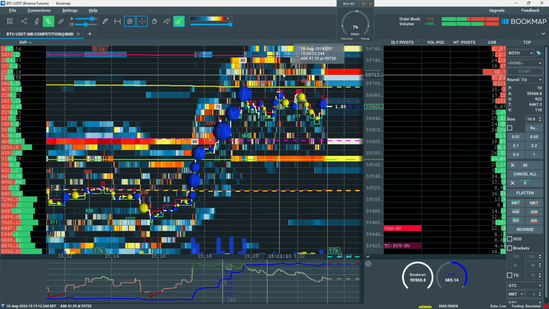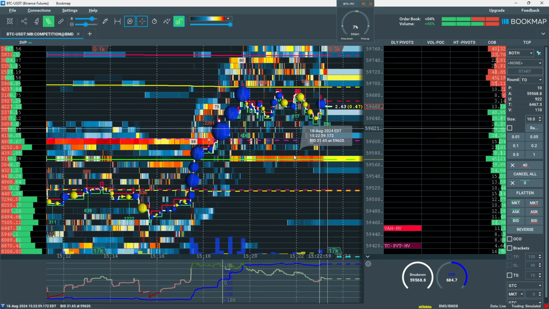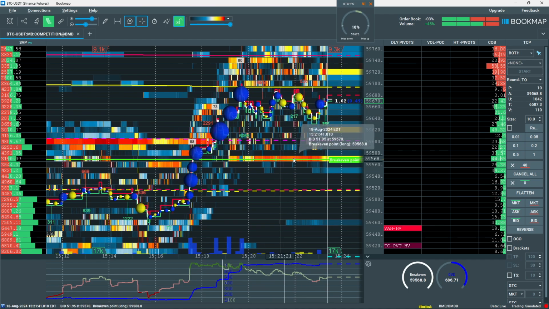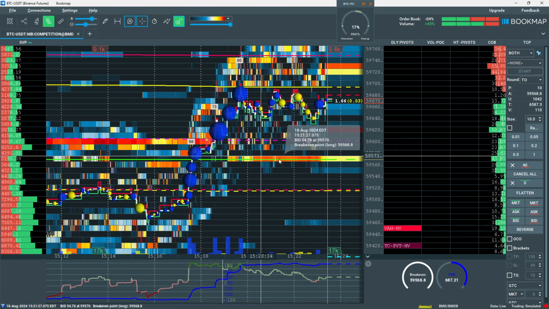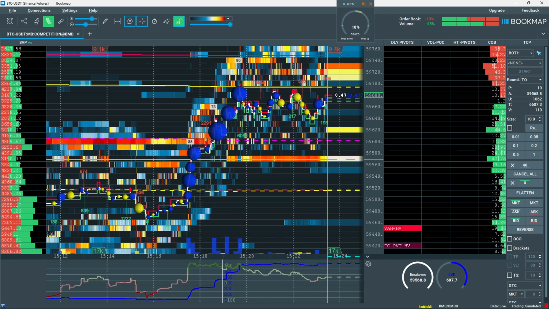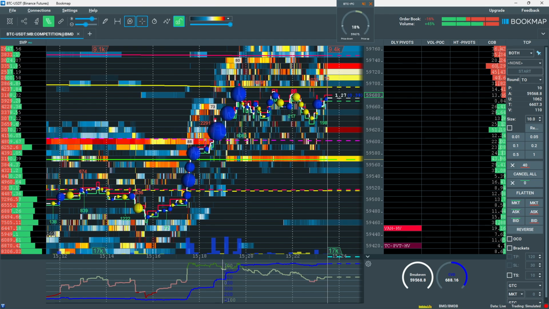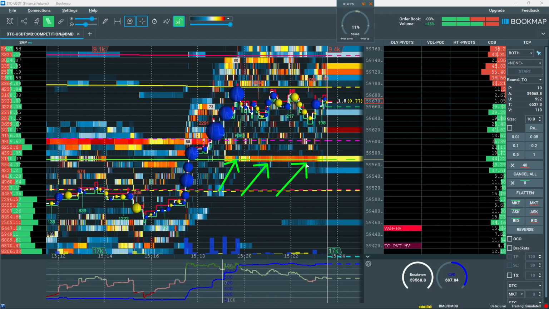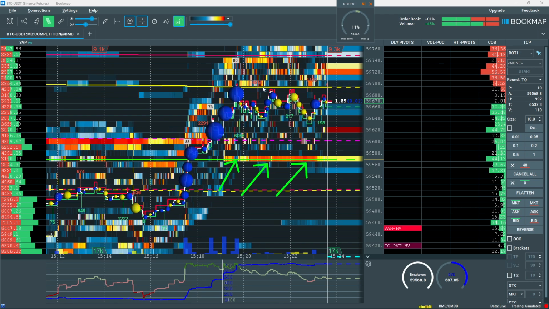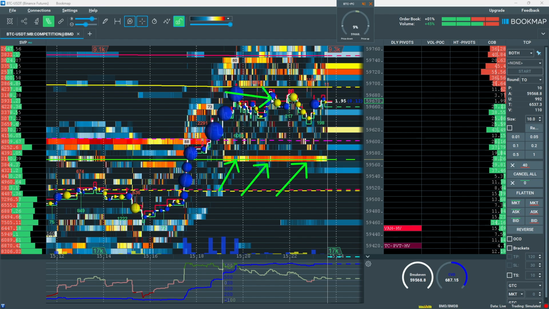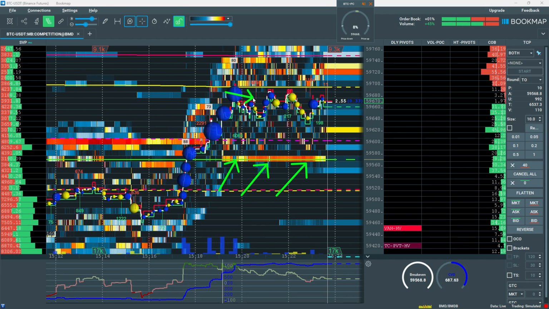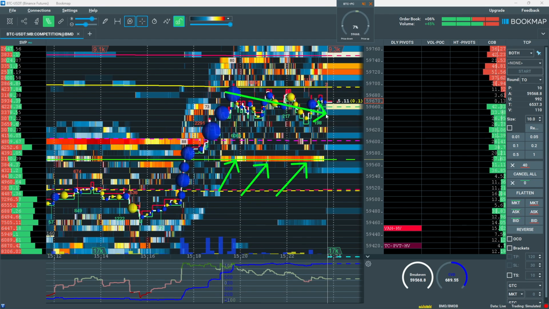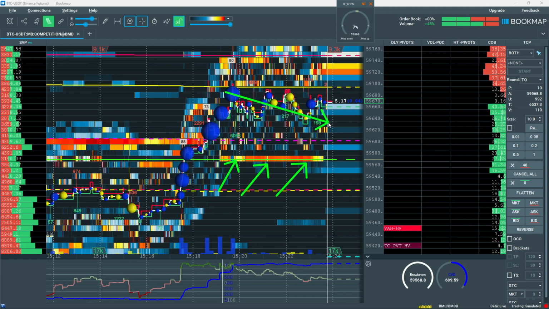So make note of the things I'm saying here if you're interested in Bookmap. This is how you kind of read Bookmap order flow. This liquidity here is supporting price. So we're getting a lot of support in this bullish move. We have liquidity supporting underneath this consolidation or this flag. We also have liquidity stepping up on the bid just below price.